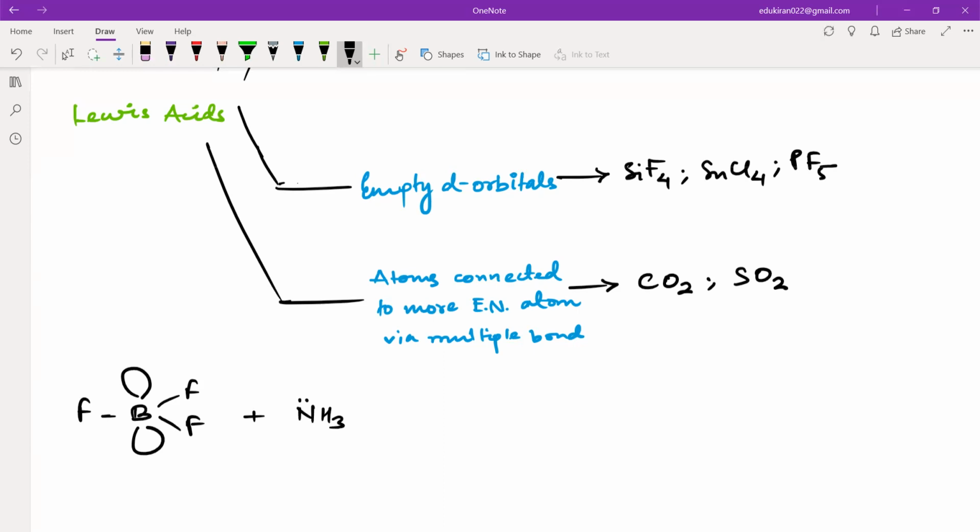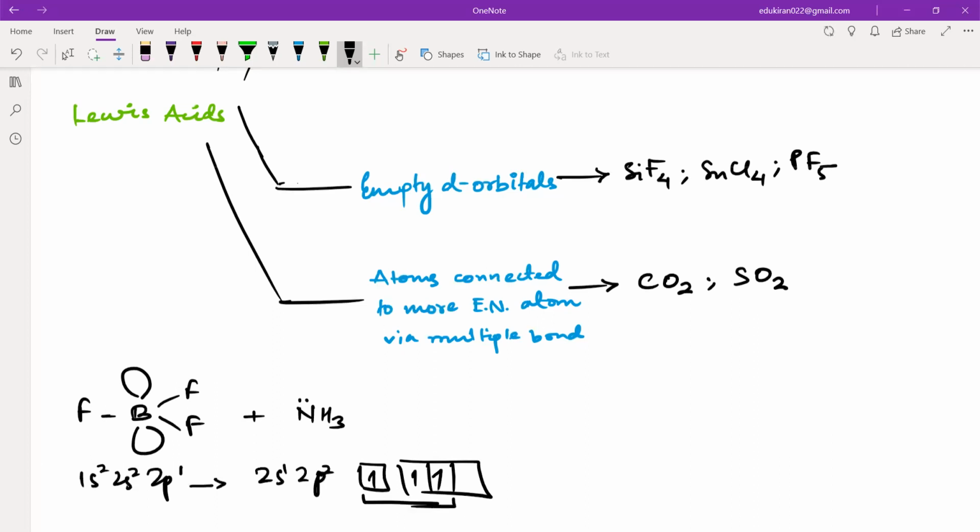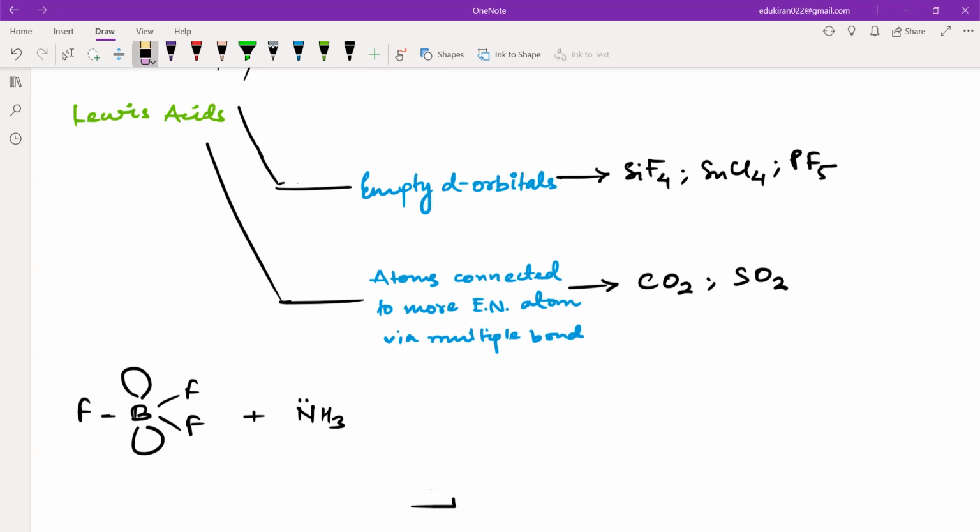Why? Because you know that it is 1s2, 2s2 and 2p. How much? 2p is 1. So even if you promote the electron, it should be 2s1 and 2p2, like this. Right. So these are the 3 orbitals which will take part in the hybridization. They will form 1-1 bond with fluorine, and this is the p orbital which is vacant. Right. So nitrogen can dump its lone pair of electrons on the